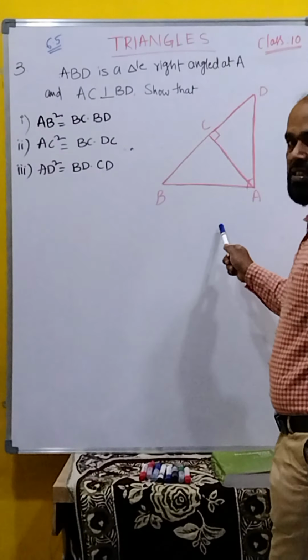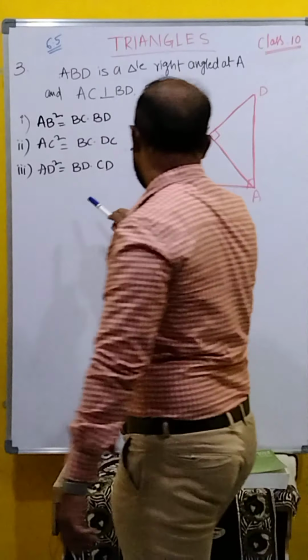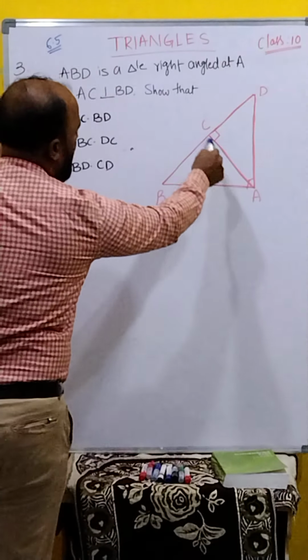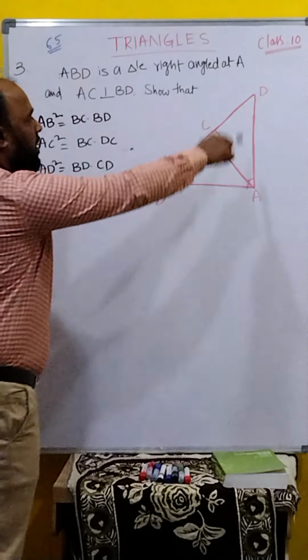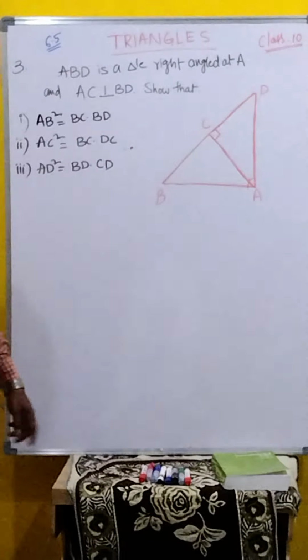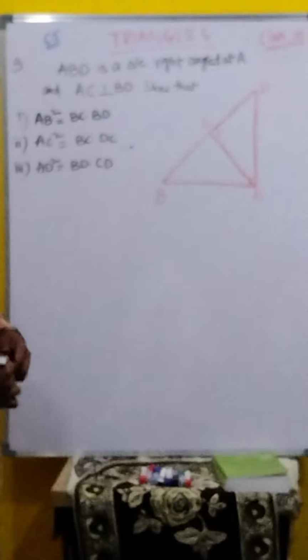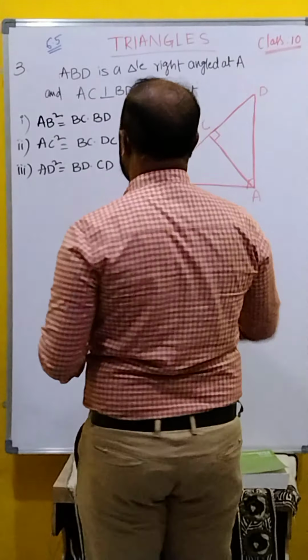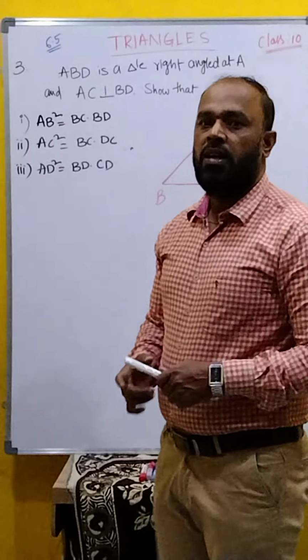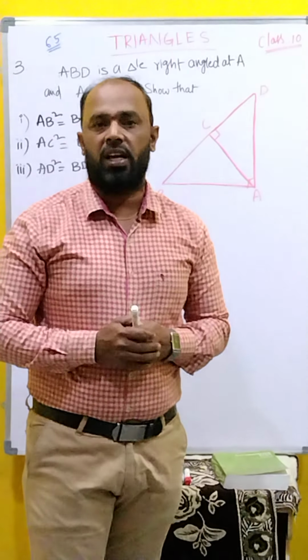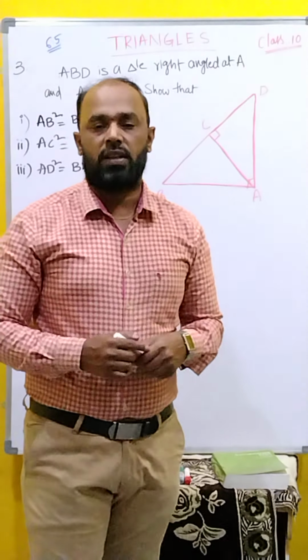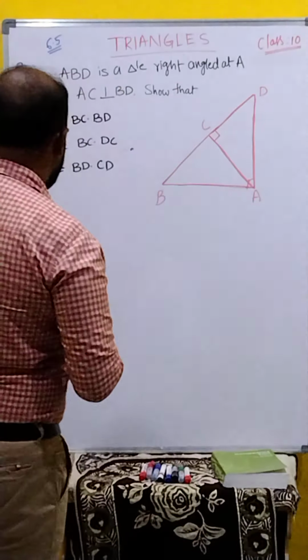So, the big triangle side, AC, that is the middle one, the perpendicular line, and AD, then here the big triangle side. Clear? Okay, now one by one we will go. How to prove this using proportionality? First, we have to prove the two triangles are similar. Then we will go for the similarity. What are the triangles for the first one? First one I will prove.